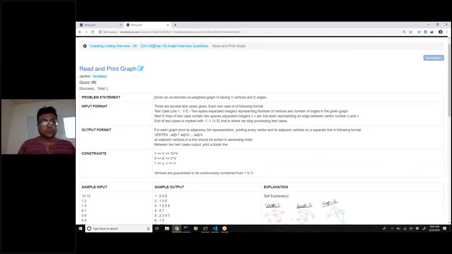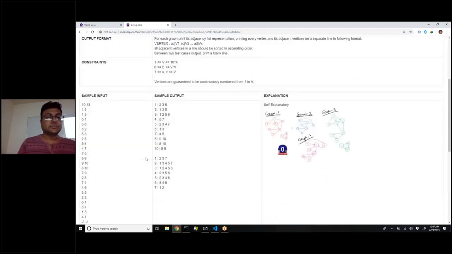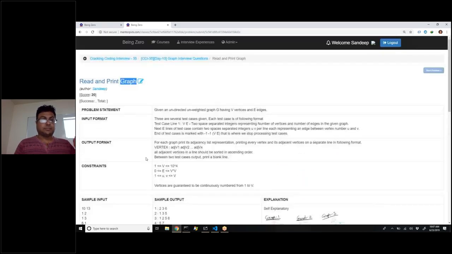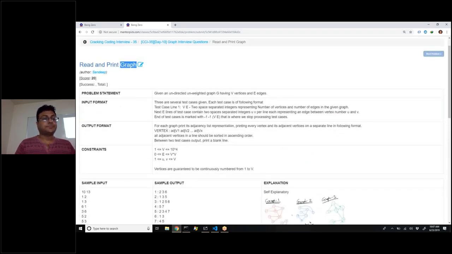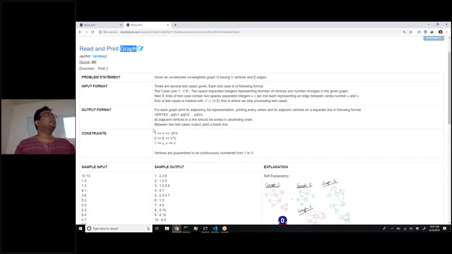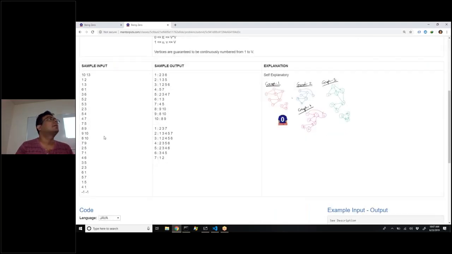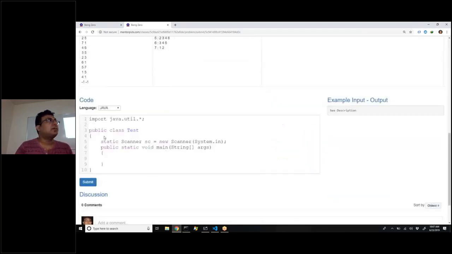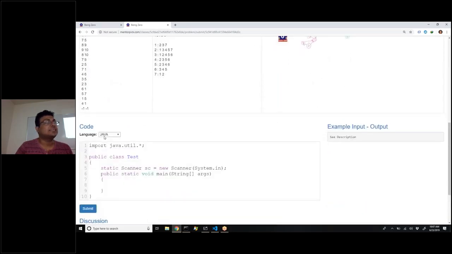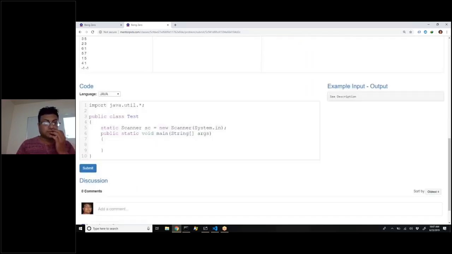Sorry? So I'm saying we will talk about the implementation. This is the first problem we are doing, so we will talk about the concepts that we are applying in this. This is read and print graph, right? Yeah, read and print graph of data. Okay. Based on problem statement, if you look at input format is clear to everyone. After reading the input format, we have to create a graph with adjacency list. An adjacency list, we said we will use an array, right? So what we can do,